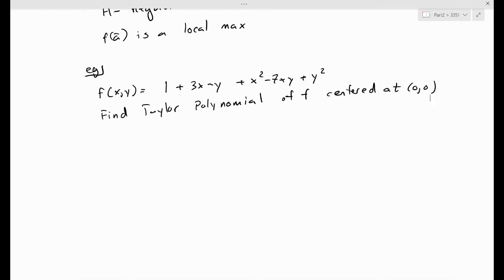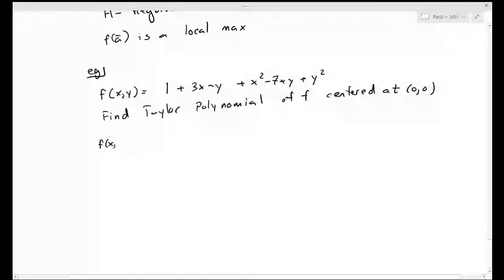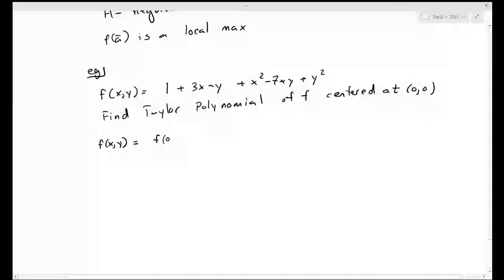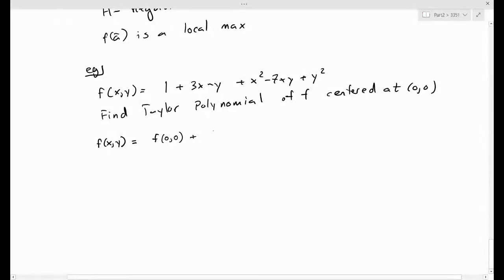Okay, well, let's see. So let's evaluate the function near 0. It's not about whether we have a saddle point or not, but just if you do a Taylor expansion for this,